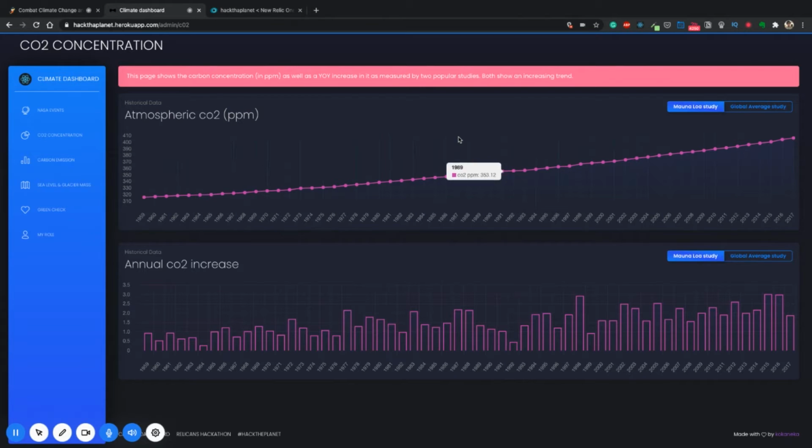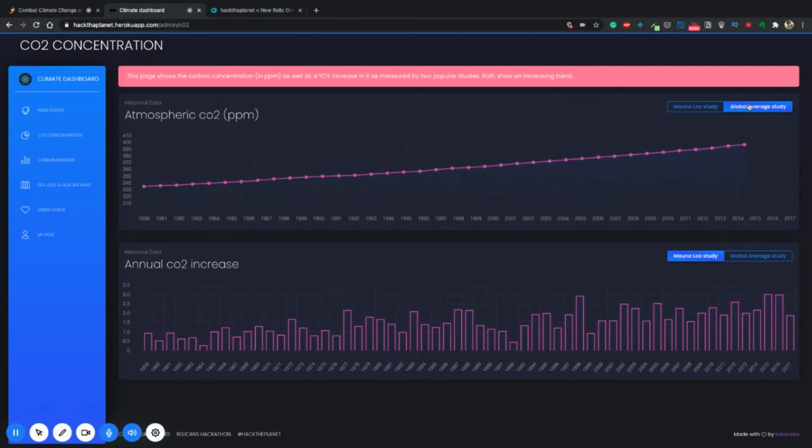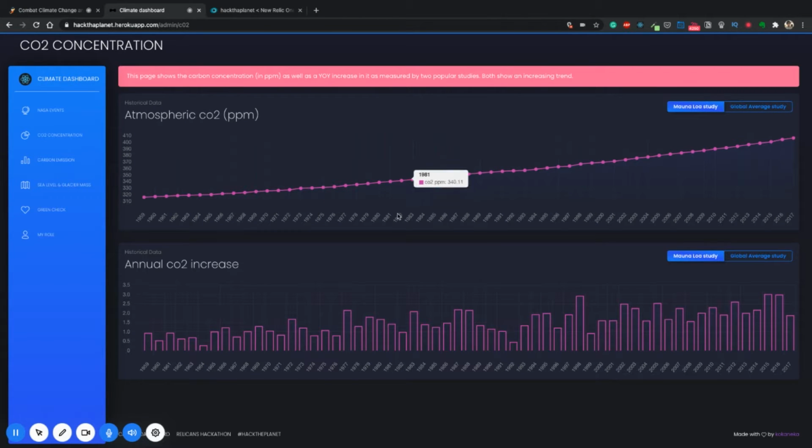To get this data, I have plotted data from two popular studies: the Mauna Loa study and a global average study. Both of these independent studies point out the same pattern in the rise of carbon dioxide ppm